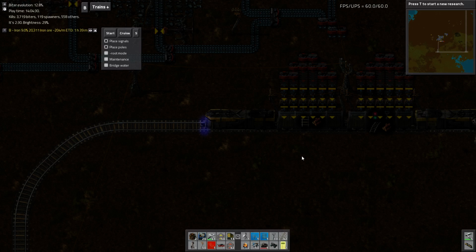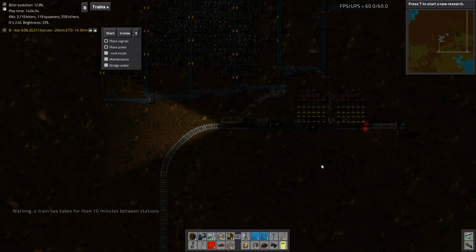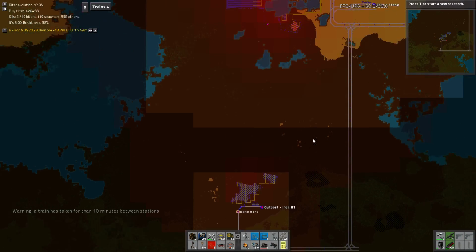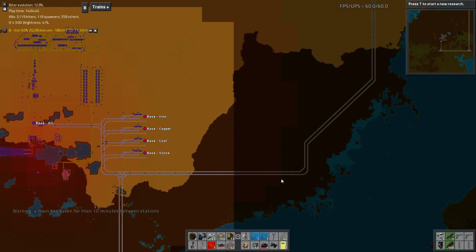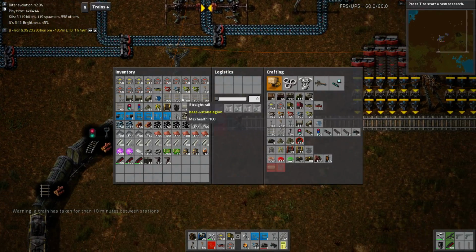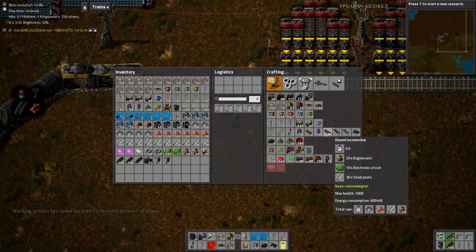Now, I don't want to hook it up right now, because guess what? I don't want this train full of those ores. I'm assuming that was acting up. Yeah, okay, because I only have the 2 trains. Like, what? Okay, so now that we have that up and running, we're going to need to make 2 more diesel